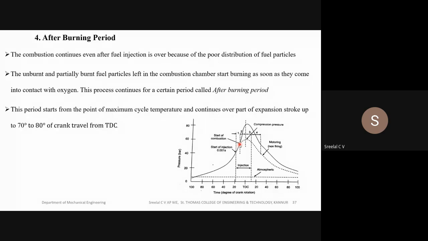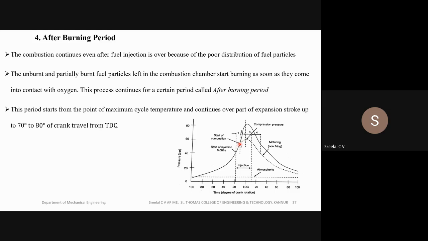So they understand that from this particular start of ignition, they are ready to burn. They are ready to combust. At that time they attain self-ignition, and they rapidly combust. Due to that, the whole area will be covered with the fuel and air mixture. Due to that rapid combustion, we can find a noticeable change in the